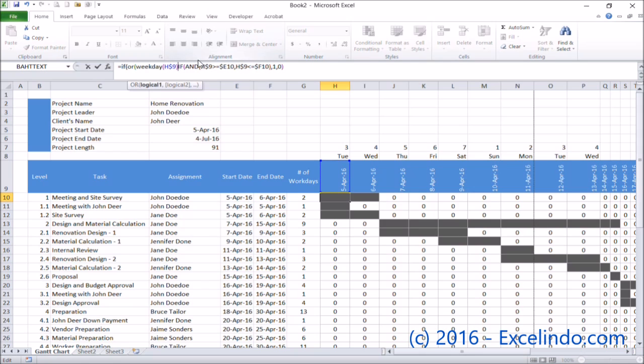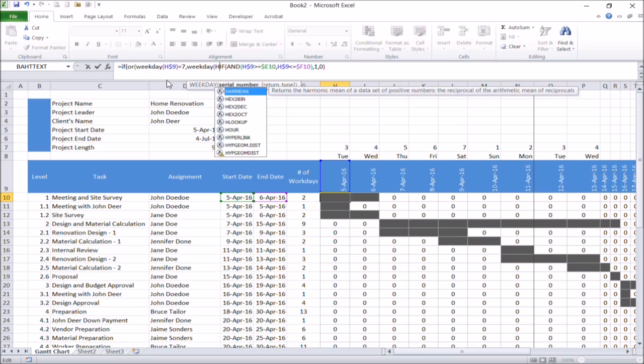Now I'm creating the formula to insert a value of 2 if the formula finds that the day number of the date is a non-working day.